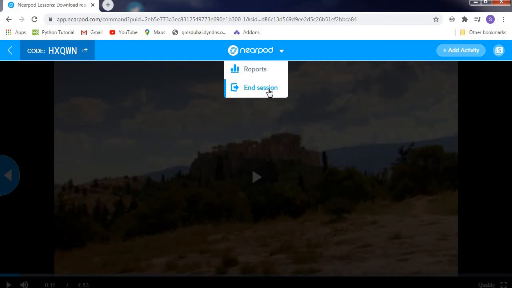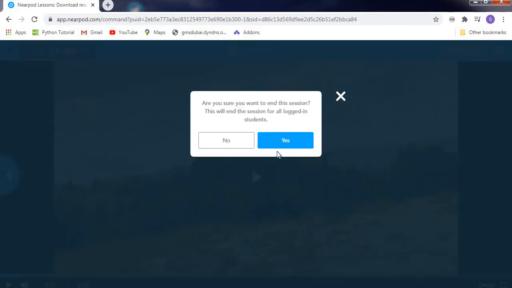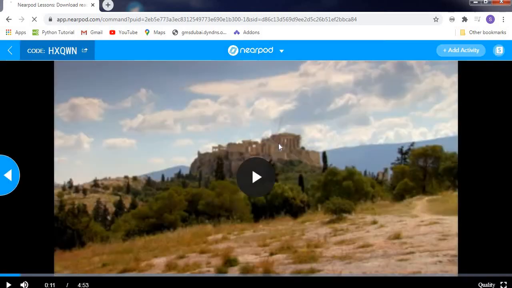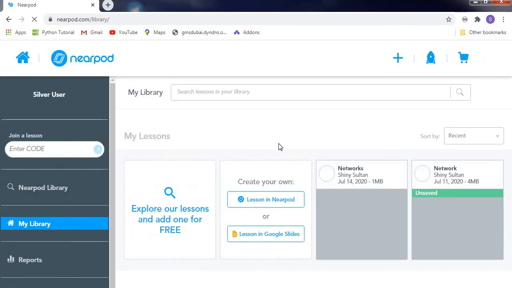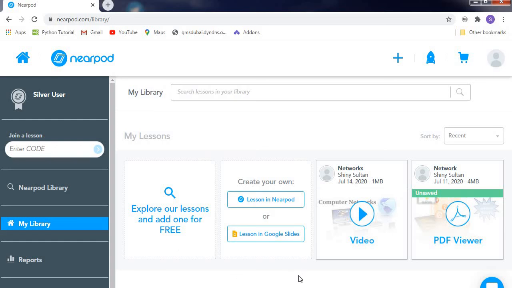After finishing all these functions, you can click on this Nearpod arrow mark, then End Section. As you already ended it, it will end for the students also. Now, how to show the students this content. First of all, when they enter the corresponding link, I will show you how they enter.